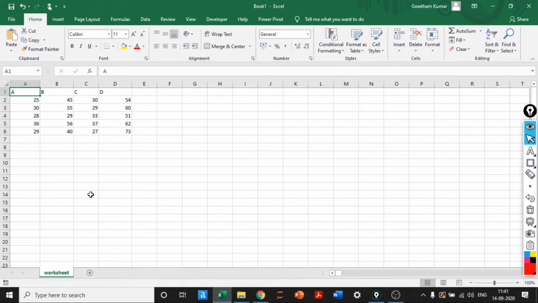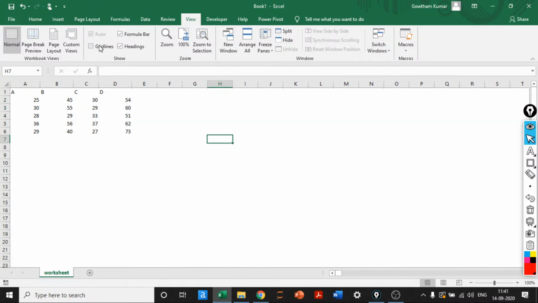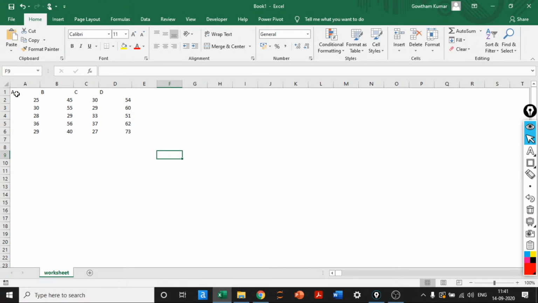Now it doesn't look so good. I don't want to see the grid lines in the first place. So I'll go to the view pane and remove the grid lines. Now it looks plain and good. But again, I'm not understanding why A is in the left, B is in the left, and C is in the left. Now the key understanding is